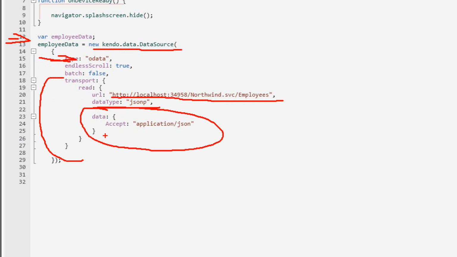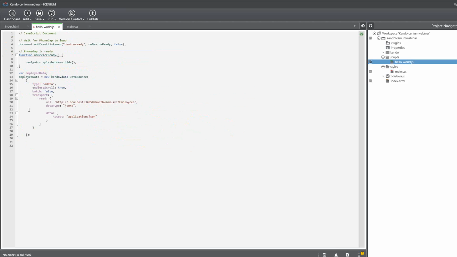So this is all you need to do in Kendo UI to consume a JSON based OData service. Declare a variable and then say new kendo.data.DataSource, set type equal to OData. In transport, set your read URL, set your data accept type, and you are done. So we have created a data source here. Next what we need to do,